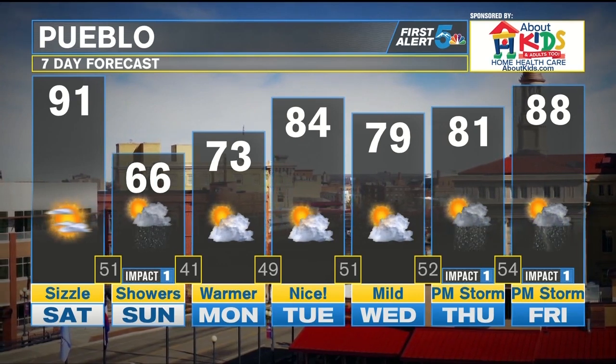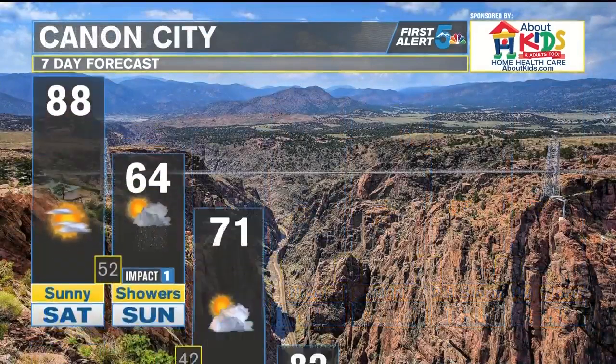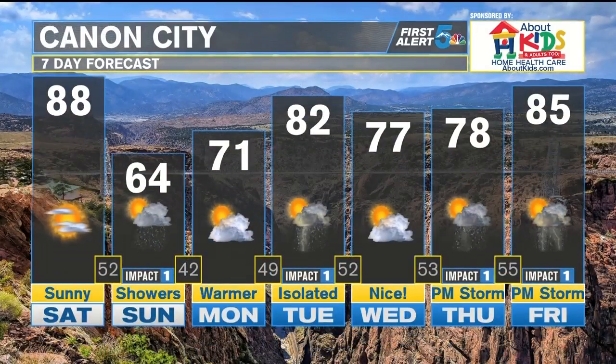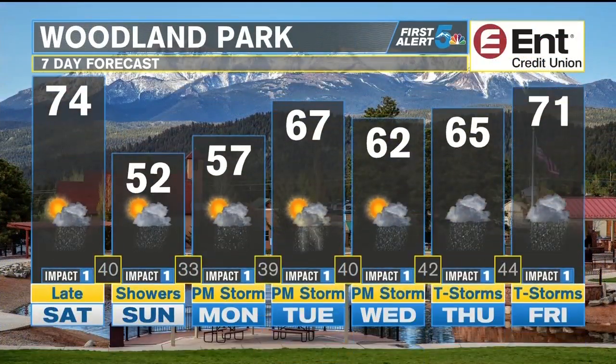You're going to be going from 96 and sunny today to 66 with morning rain showers tomorrow morning. We'll start to see some sun peek out towards the afternoon hours, but it's going to be a slow, steady climb as we head down in Canon City from Sunday to Monday to Tuesday, eventually increasing our temperatures by about 10 degrees for each of the next couple of days as we go from Sunday through Tuesday. Woodland Park keeping the chance of rain showers and thunderstorms in the forecast, but we're still dealing with this trough